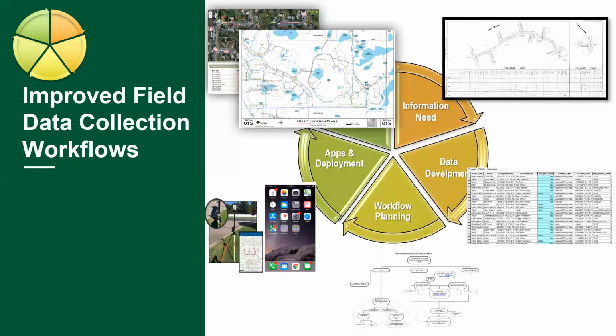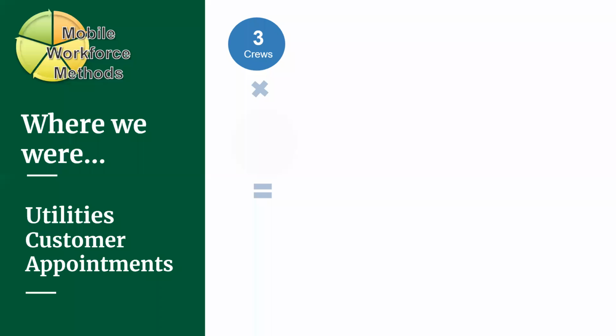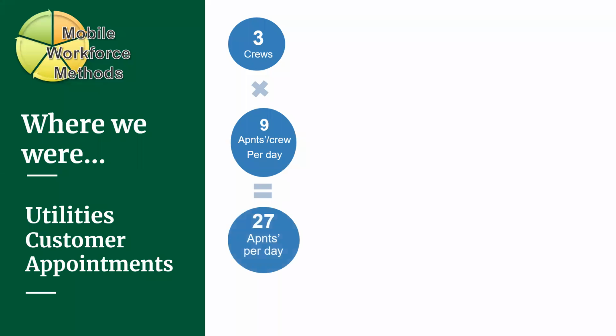This has been extremely valuable to improve that lag time between data collection and data use. We still have to post-process the data, but if our staff that post-processes it is maybe backlogged and can't get to it for a couple weeks, the points themselves are still available for people to see right away as soon as it's collected. Our utilities division, this is another example of where we've improved workflows.